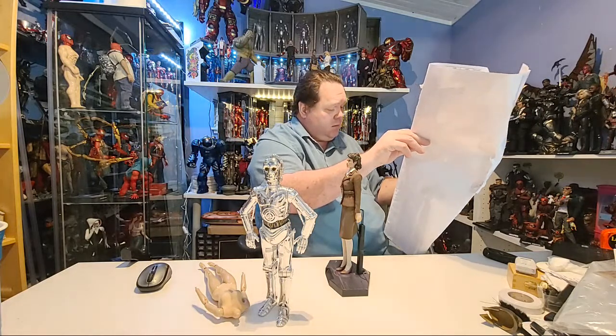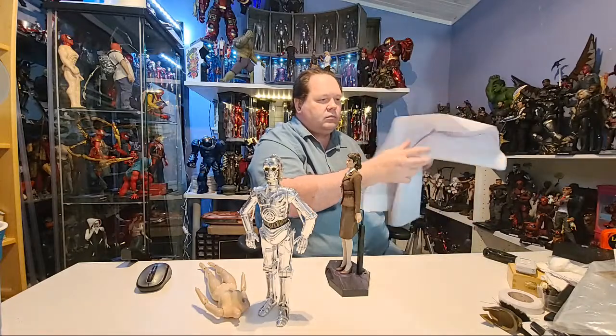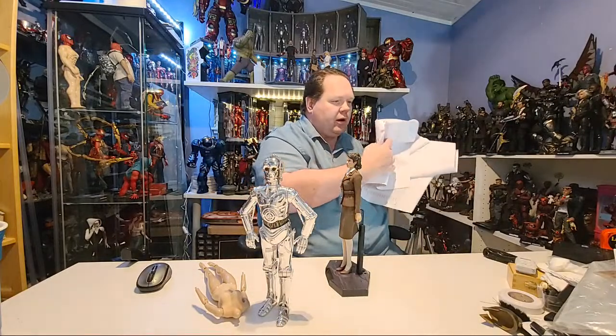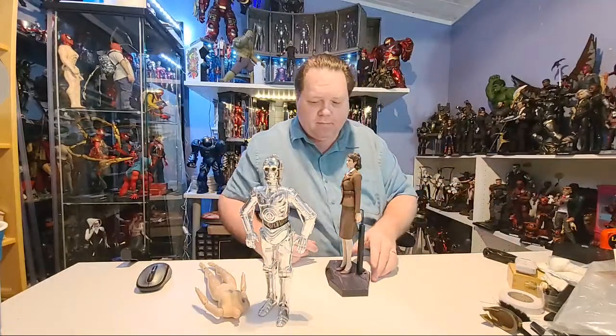bikini top and bottom. And I used my Jow doll for my little slave girl because again I wanted the seamless feet, so I used the wheat version slave girl on there. I really wanted the seamless feet. I was going to do my Nier Automata, but Nier Automata is